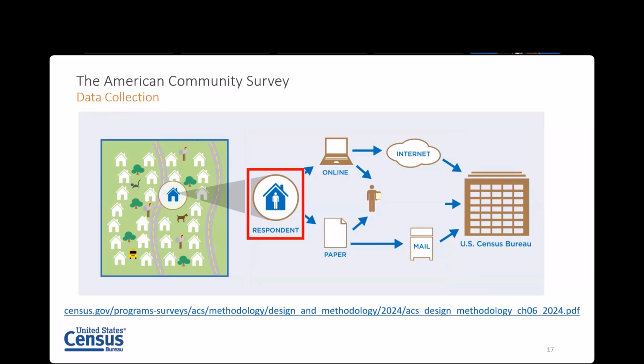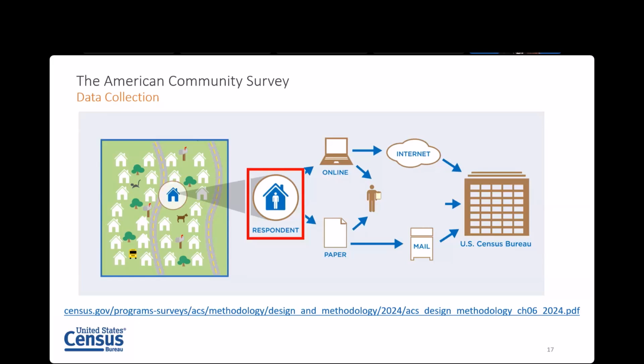Once an address falls into the sample, it is not all in the clear yet. Within a sample address, rules are applied to determine who, if anyone, should respond and who, according to the ACS, is considered a resident. Current residence in the ACS refers basically to everyone who is currently living or staying at a sample address, except for someone who is there for only a short period of time, defined in the context of the ACS as an expected stay of 2 consecutive months or less,